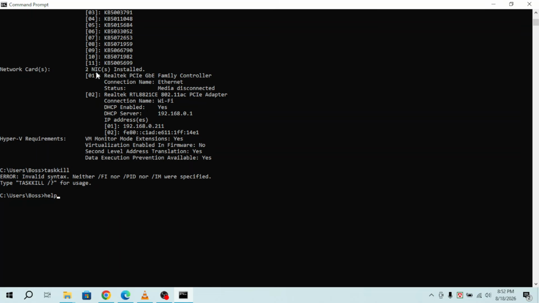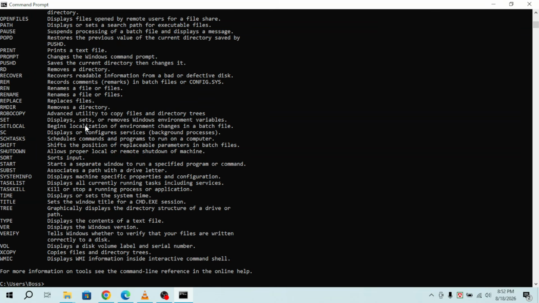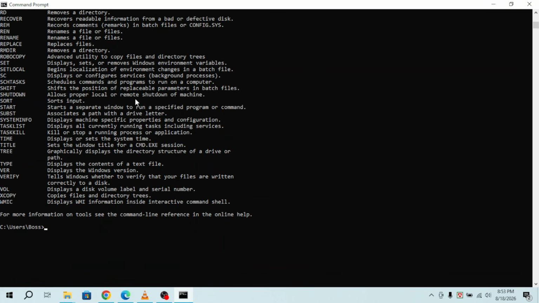Type it by itself to see available commands, or use help followed by a command name for more details. Many commands also support the /? option for built-in instructions. So if you're unsure, check the help first rather than guessing, and that's a solid starting